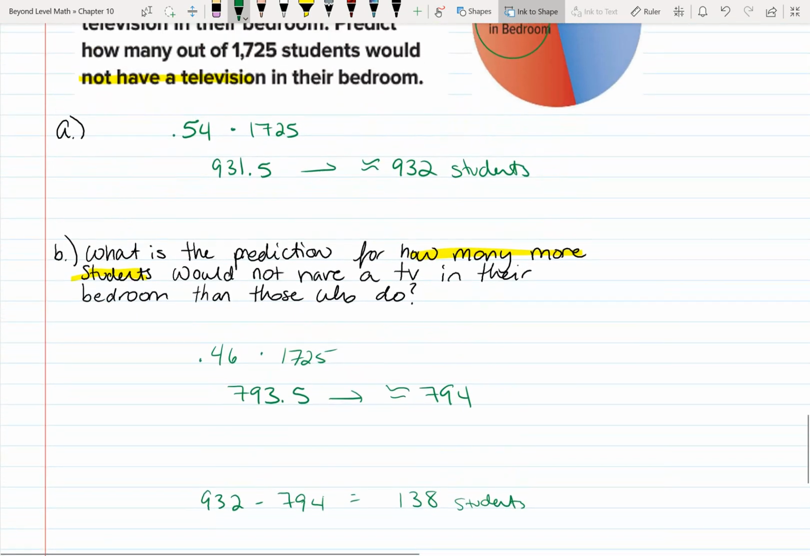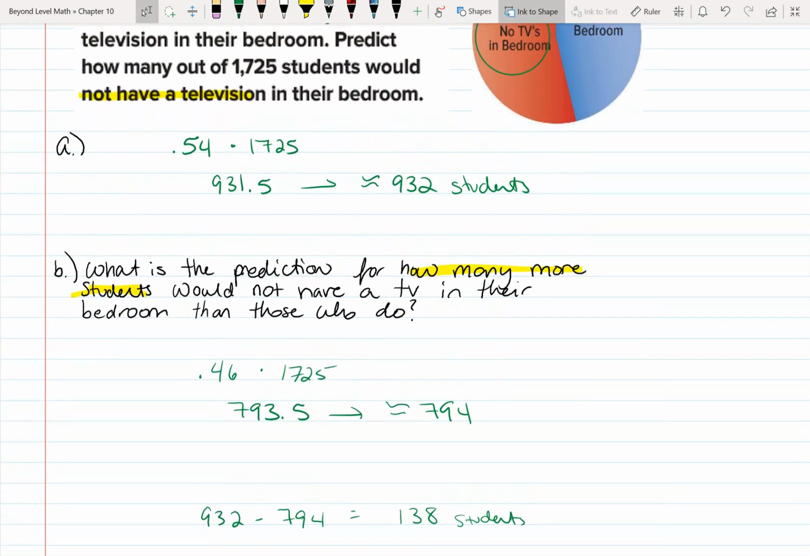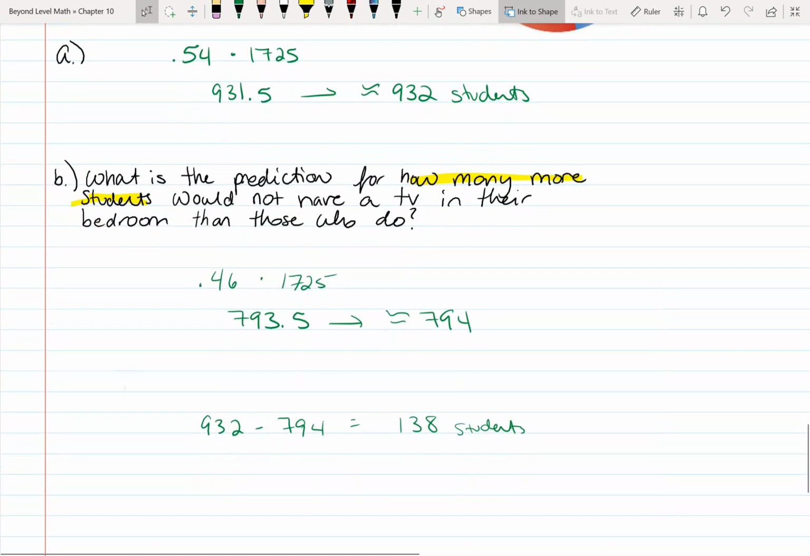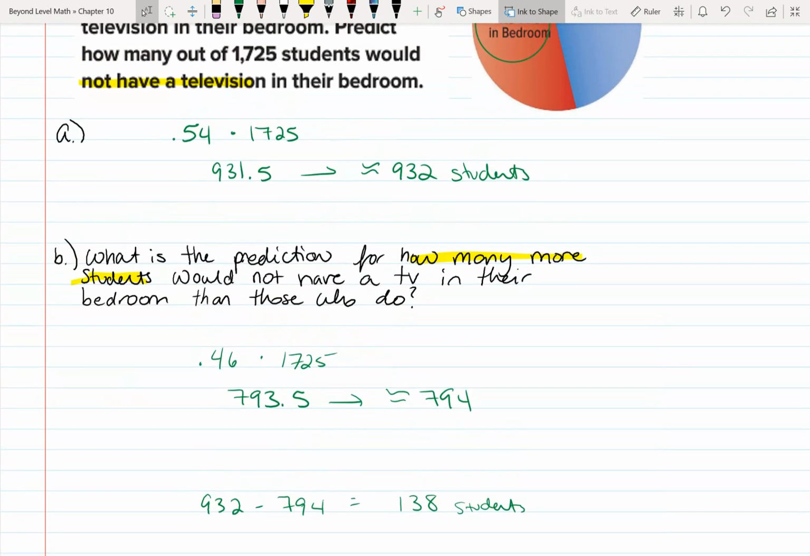Alrighty, so your homework is pretty straightforward. Not a ton of work, but be sure you are showing all steps. So show that number that you're multiplying, show it as a decimal,